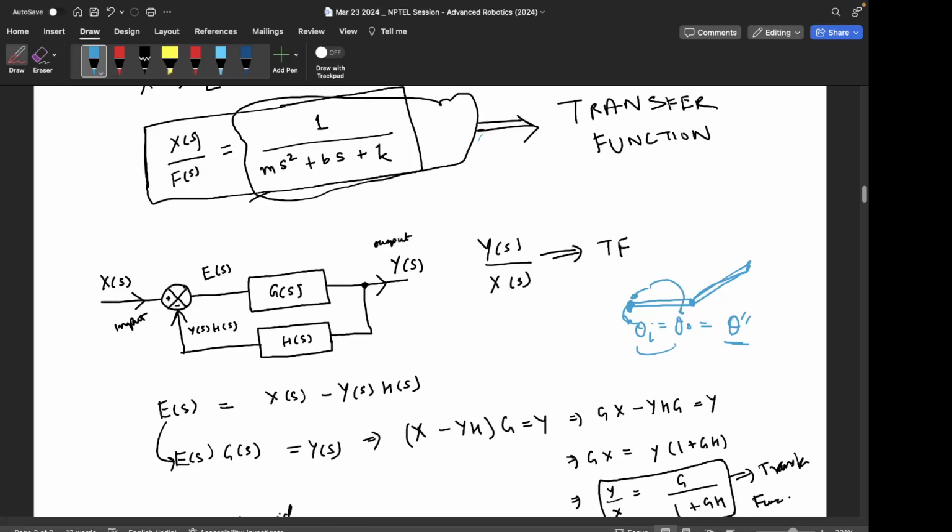Yeah, so stepper motor works in open loop. Servo motors work in closed loop. The normal DC motors,